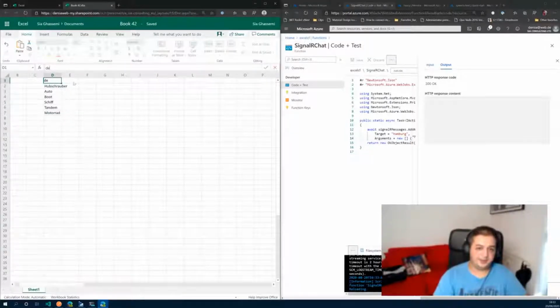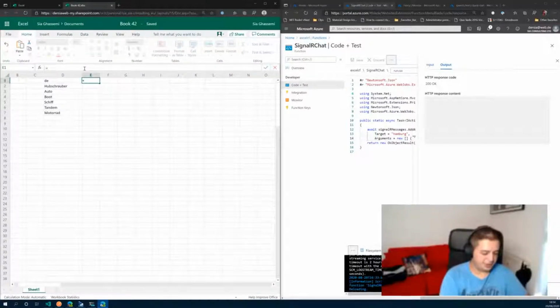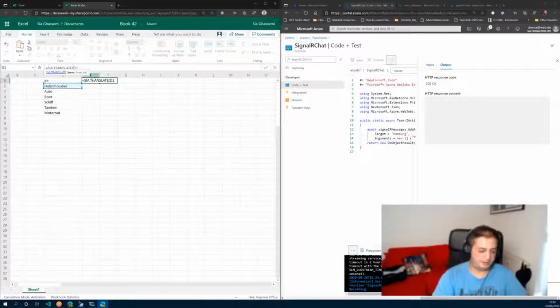And we tell Excel this is DE, right? Now, I have a custom function that is calling into Microsoft Translate. It basically takes a term, right? Term always takes this one. And then the next is from which language? That is always German. And then to which language, which is then E1,